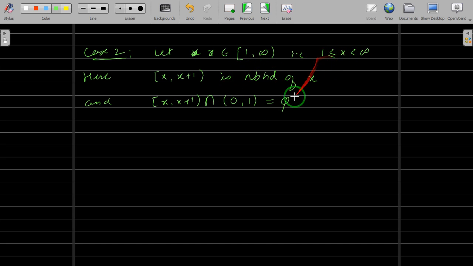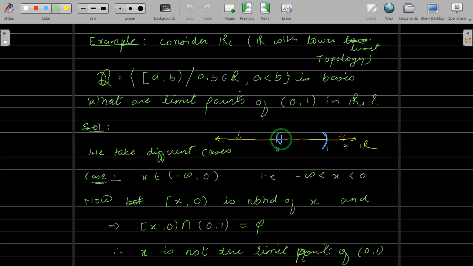So even if you take x equals 1, still this is empty, and hence x is not the limit point. Understand this? Okay, so we are exhausted. We have taken all those points up to 0. We have not included 0. We have started from 1 and all those points towards the right. Those are not the limit points. The remaining points now are 0 included and 1 not included. So we have to check the points in between now. Okay, let us check